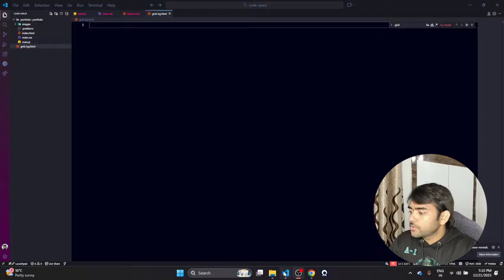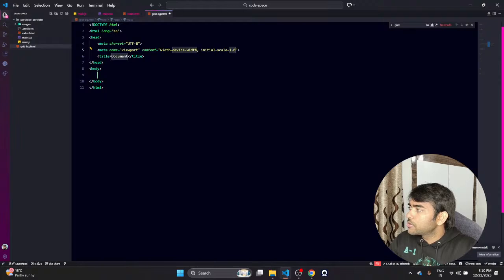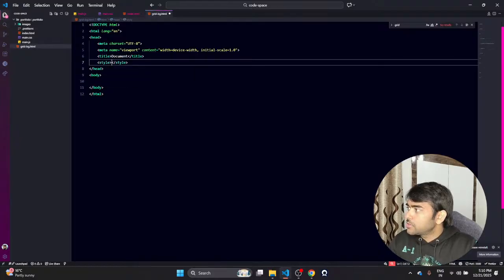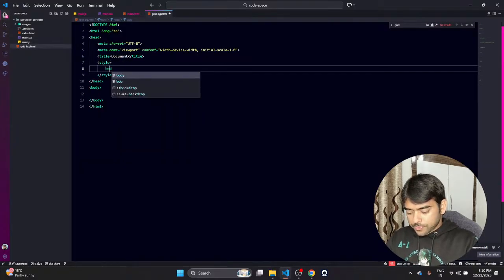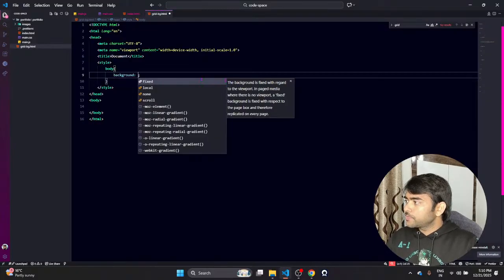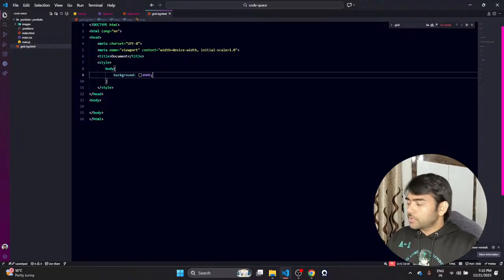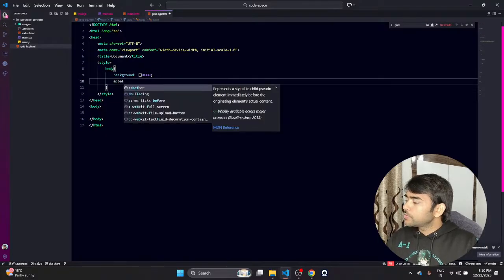So here let's create grid.html. I'm just taking HTML, and here let's just style. Let's keep the background black. And in this, let's just